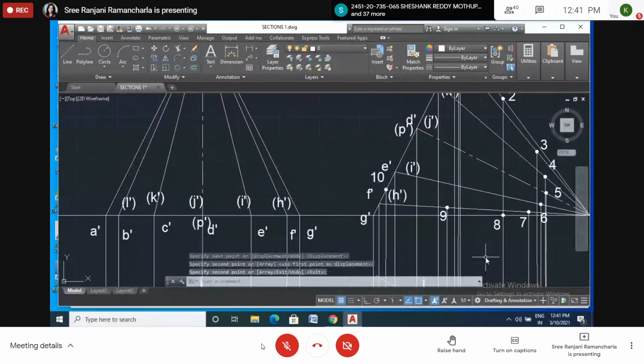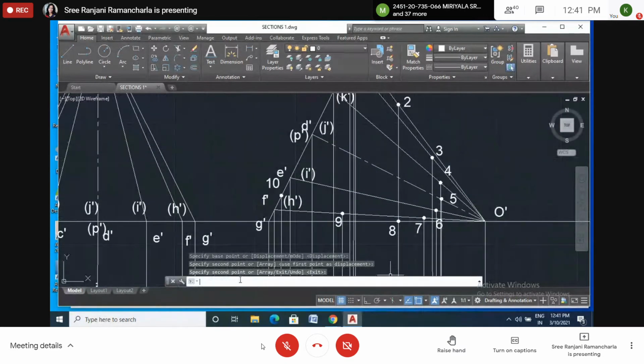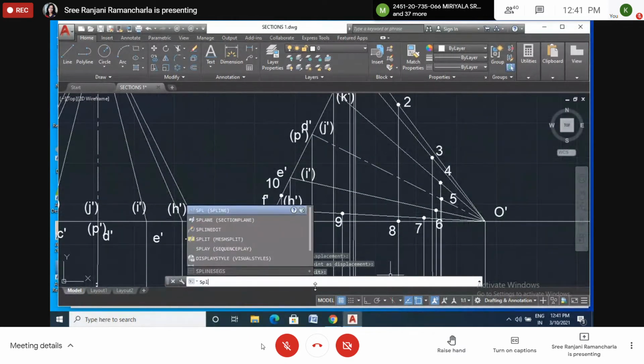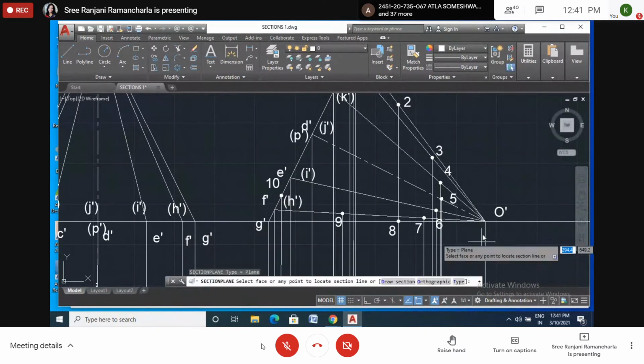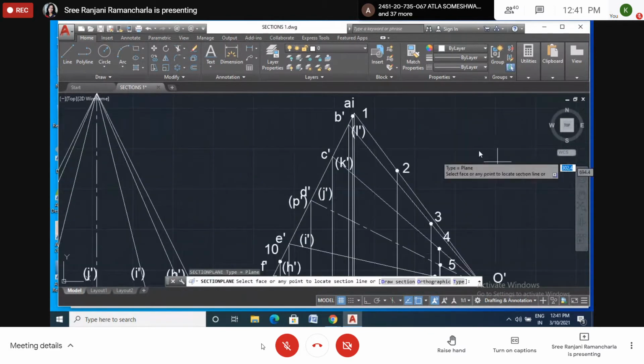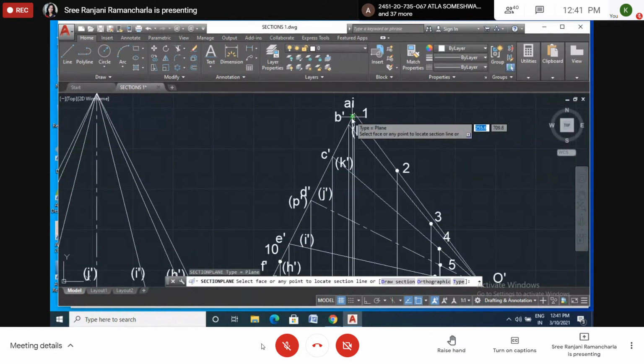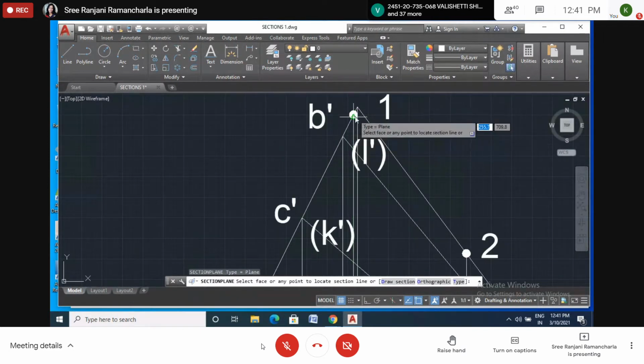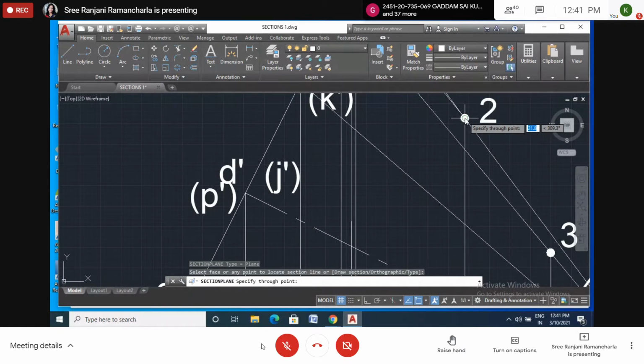Now just draw the curve by taking the SPLINE command. This command. So we'll start from 1. I want to start from 1, 1, 2,